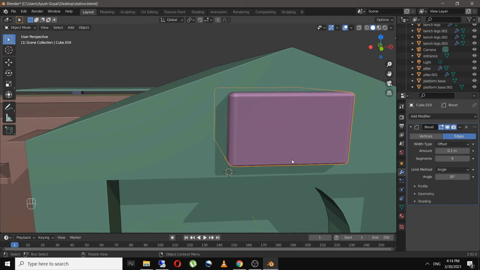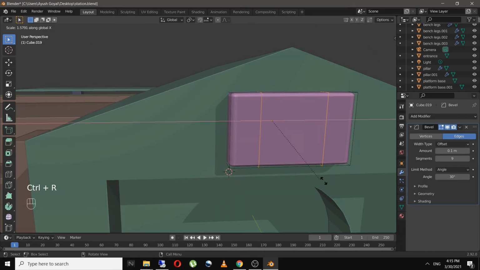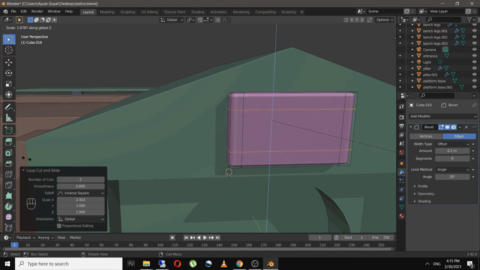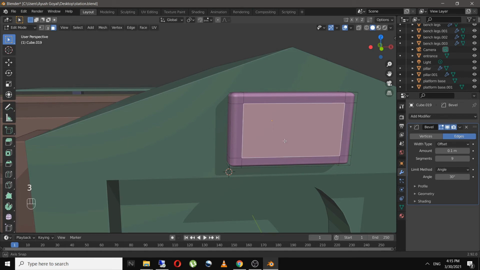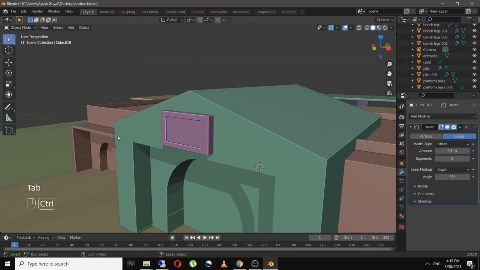And I want to add two of the loop cuts over here and two over here, and then I'll select this face and extrude it just a little bit on the inside. So this looks good now.